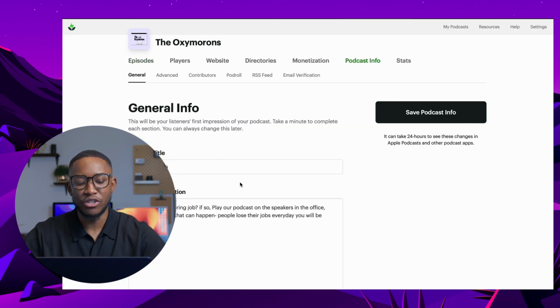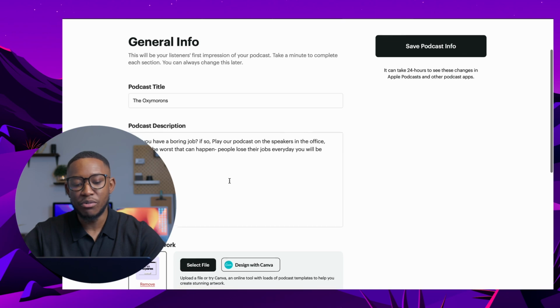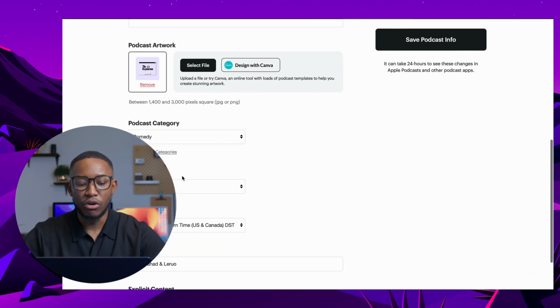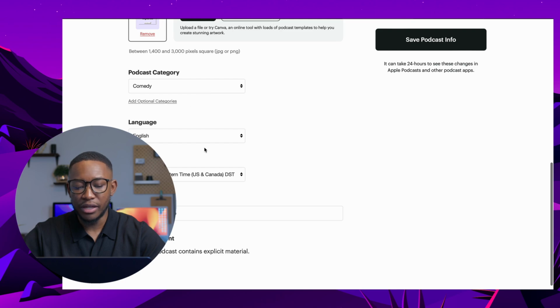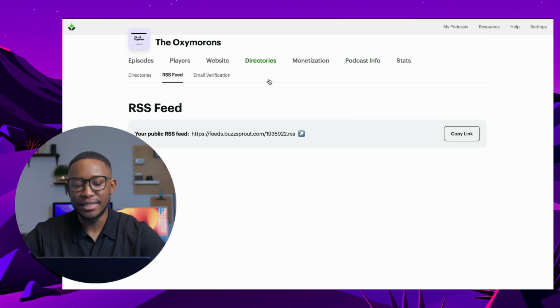This is general information. You provide them with your podcast title, podcast description. You want to upload your podcast cover art. You want to upload the sector or whatever it is, and then the artist's name. Once you have that, you want to attach your RSS feed. It gives you an option where you can copy an RSS feed and paste that in here if you have one, or it generates one for you, right?